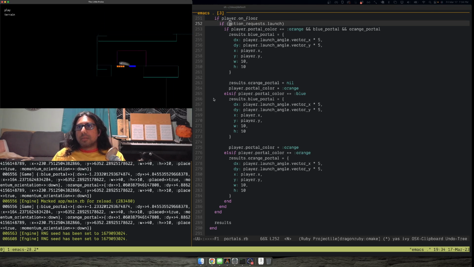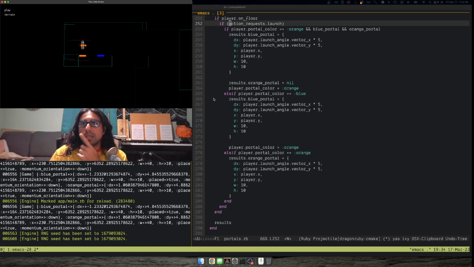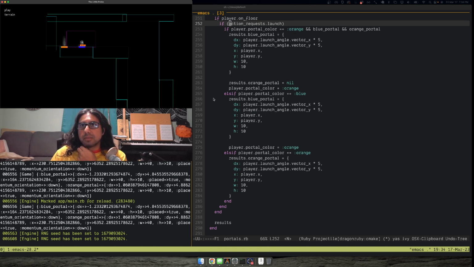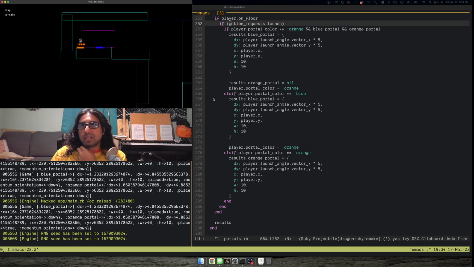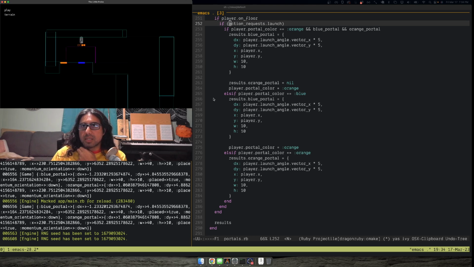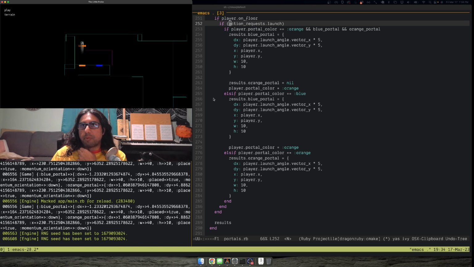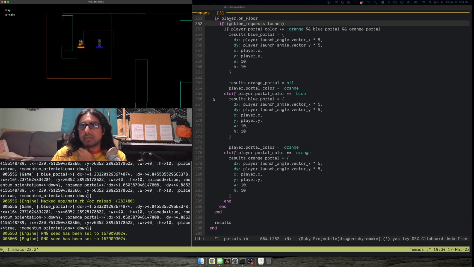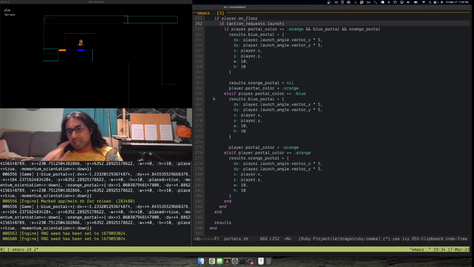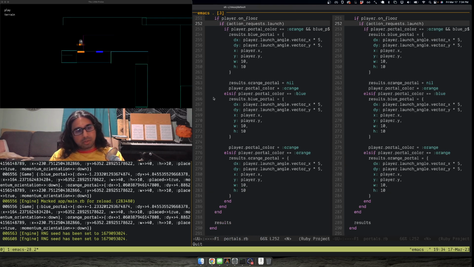But I'm gonna move over here and set another orange portal, right? So that movement looks good. But if you can hear the sound, do you see how the circle lost its velocity? The reason is that it's hitting the terrain and performing the bounce off the terrain, even though there's a portal there, right? So what I want to say is, with regards to the terrain collision,